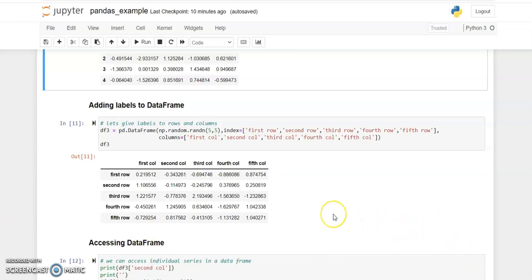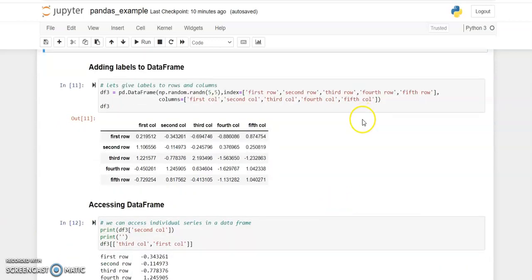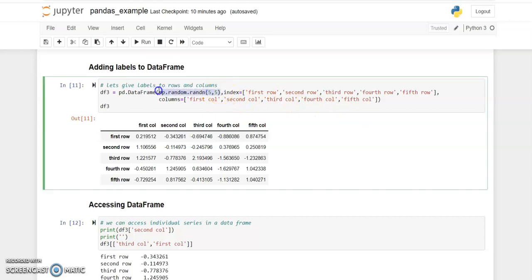Also, we can add labels to the data frame. The way we added labels for the series, in the same way we can do it here. For creating the data, I am using the random function over here. In the index, I'm passing the label information like first row, second row, and so on.